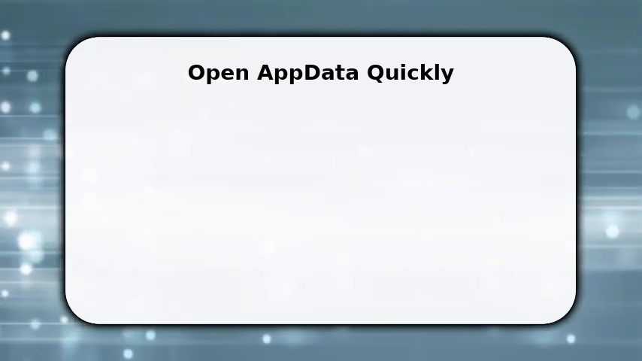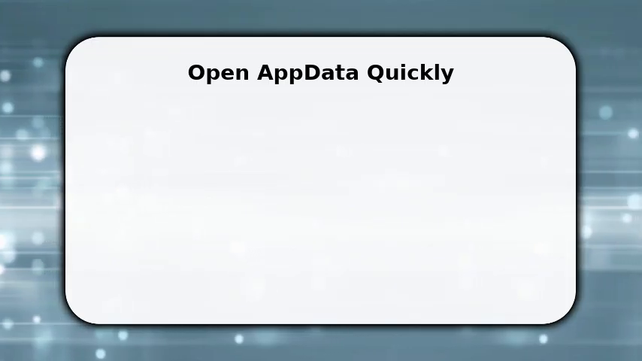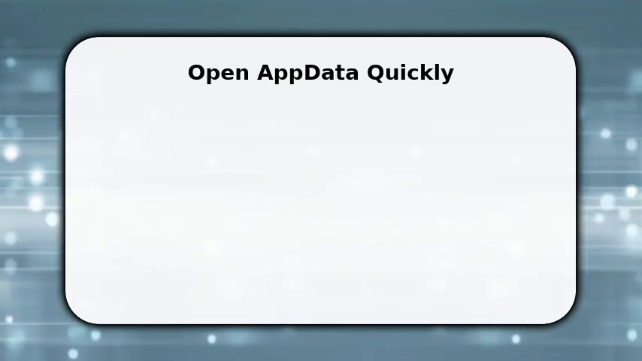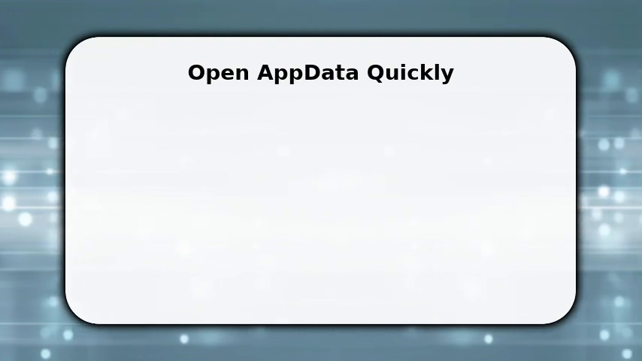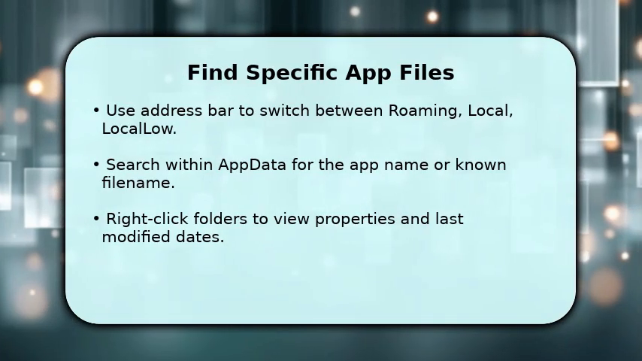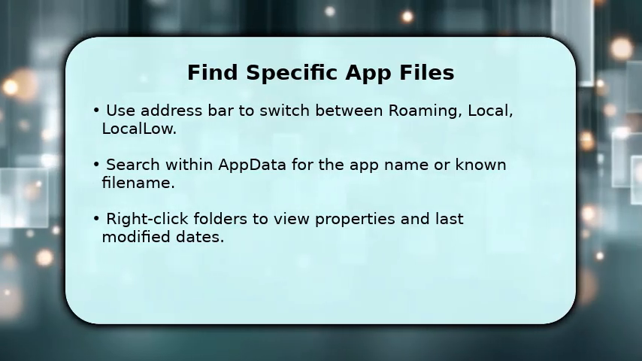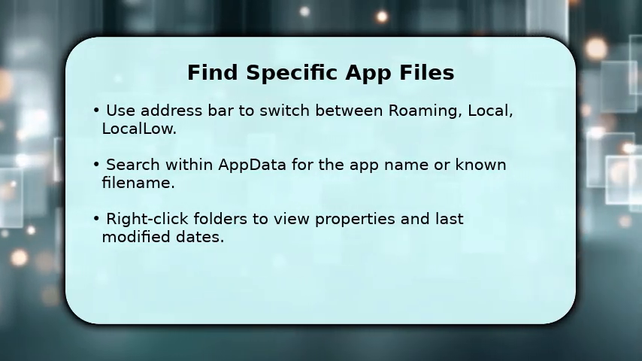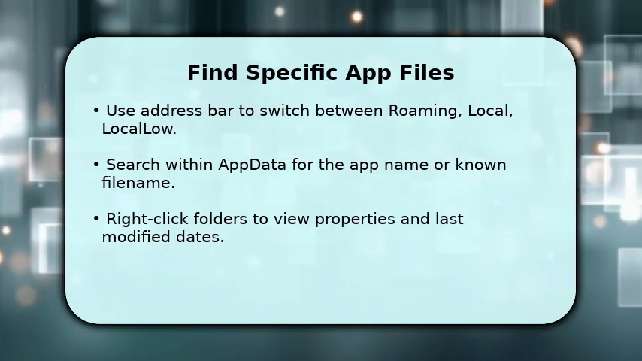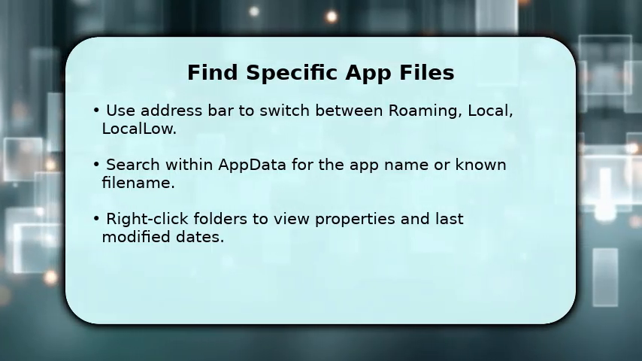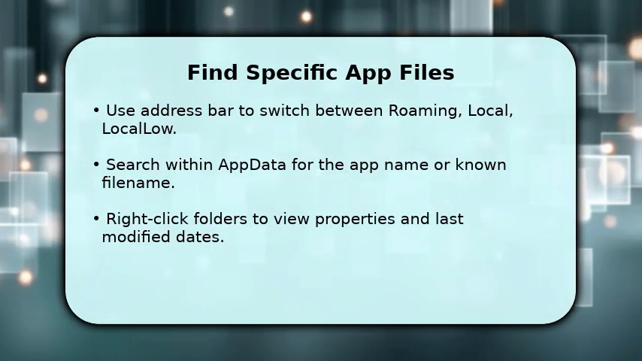This avoids hunting through users and subfolders. You'll land exactly where Appdata lives, so you can inspect or copy files. Once inside Appdata, use the address bar to jump between roaming, local, and local low so you explore each storage type. You can also press Ctrl plus F and search for the app name or a known file name to